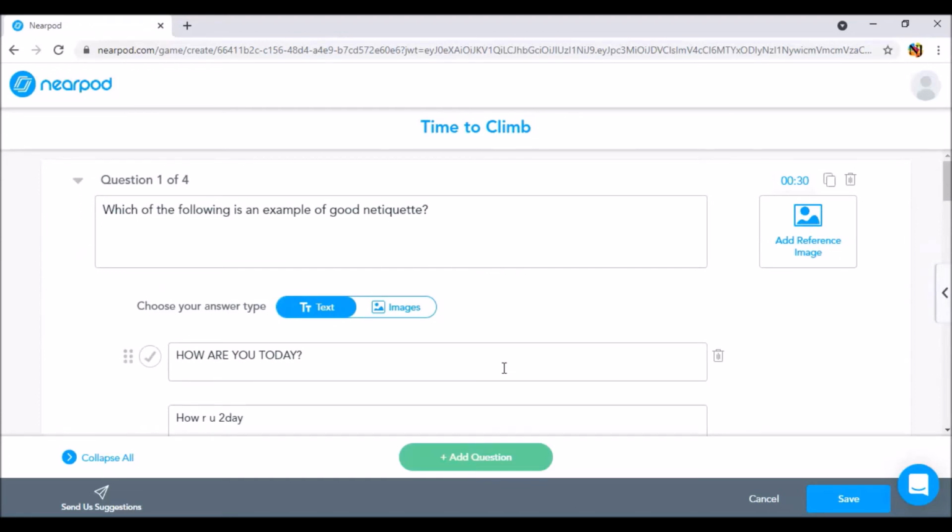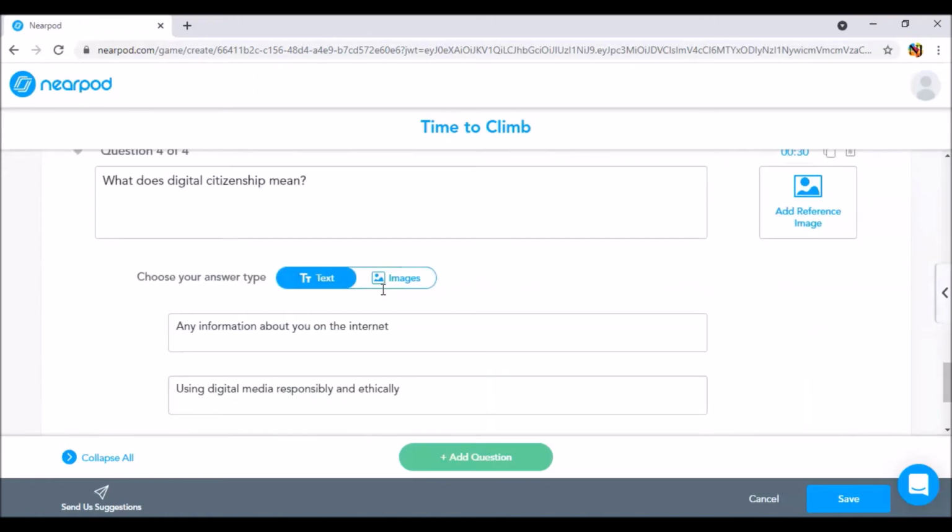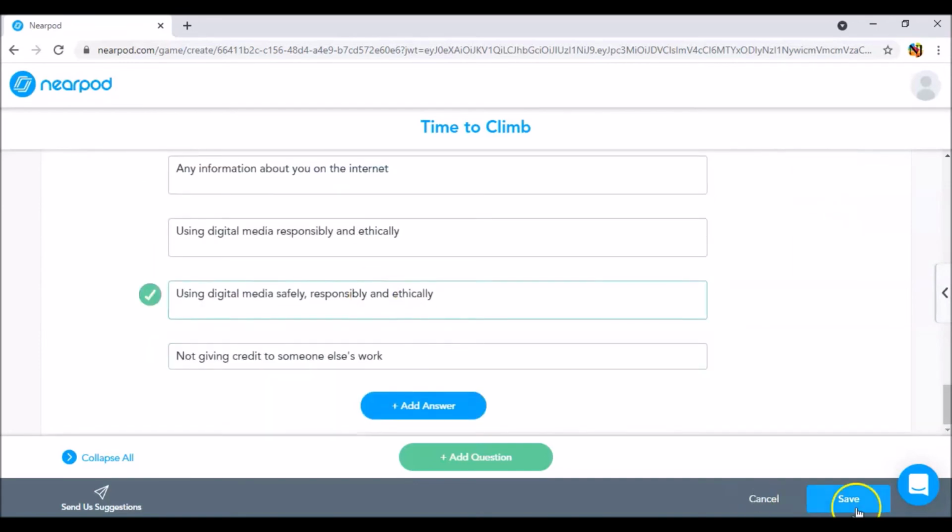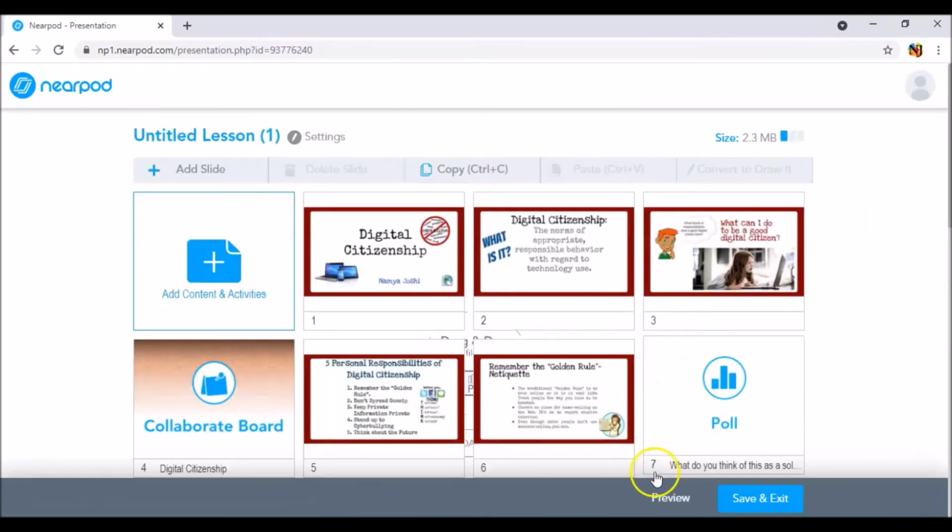Now I've added 4 questions, so you can also give a timing to each question that you want. You can duplicate the question for saving time, and you can also delete the question if you do not want it. You can choose your answer type as text or images, and then you're good to go. Click on save. Now after we're done, let us preview it, but before we do that, let's go back here